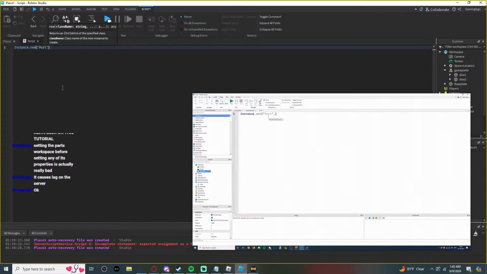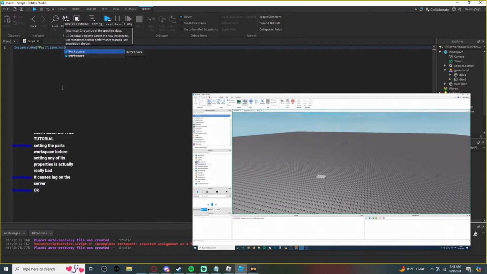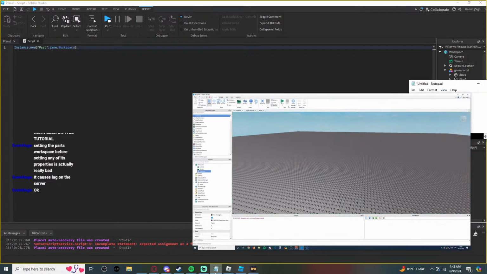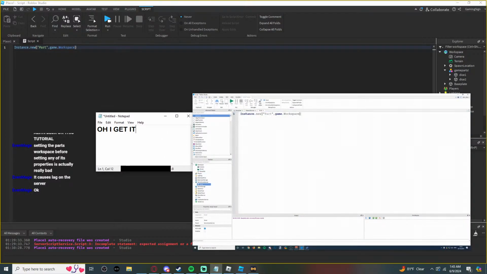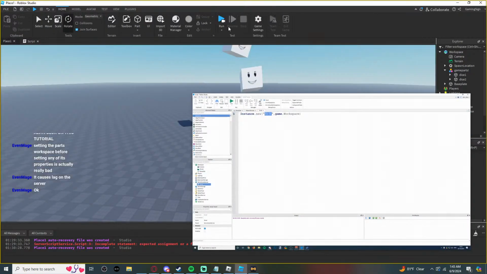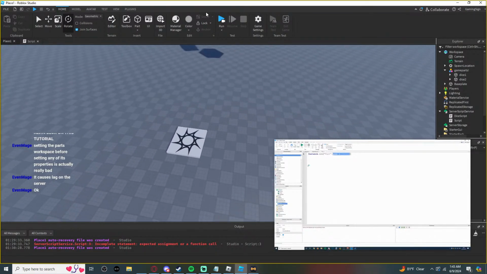Okay, so if I want to put it in workspace, I can just say comma game.workspace, and if we run the game, this is going to insert the part in the workspace. There it is. Yeah, there we go, it got inserted. So, we've told the script what we want to insert and where it's going to be placed in the workspace,